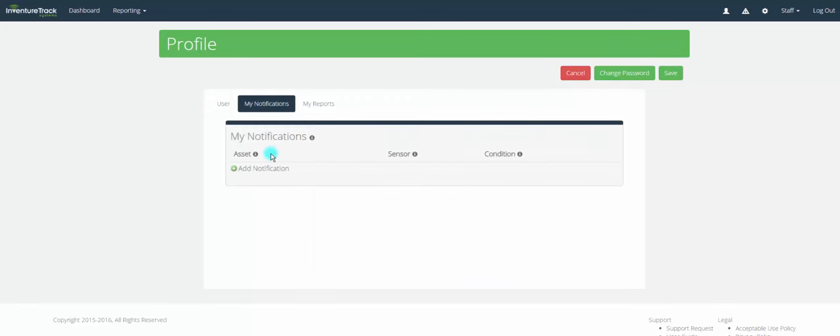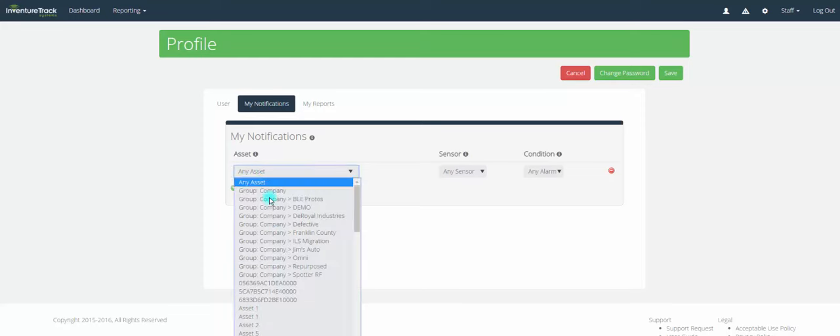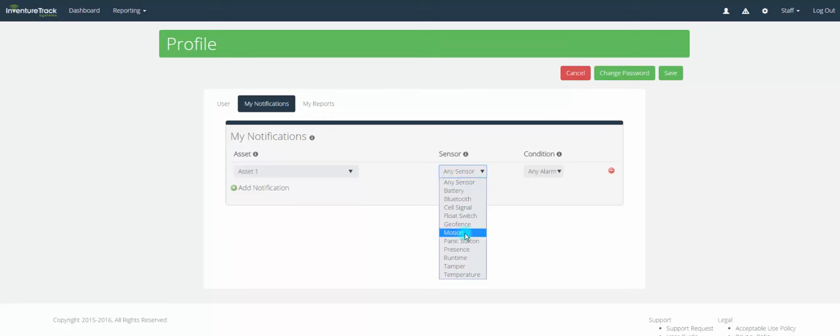This part is very interesting. So much like notifications, what we saw a few moments ago, those were notifications for that particular tracker. What we're looking at here are notifications for me as a user. You'll see that I don't have any notifications set up right now. I'm going to add a notification, and these are all of the groups and assets that I can add a notification for. When I select a group, I can select what sensor I want to be notified on. This particular tracker, as you can see, has a variety of sensors on it. I can select any of these,